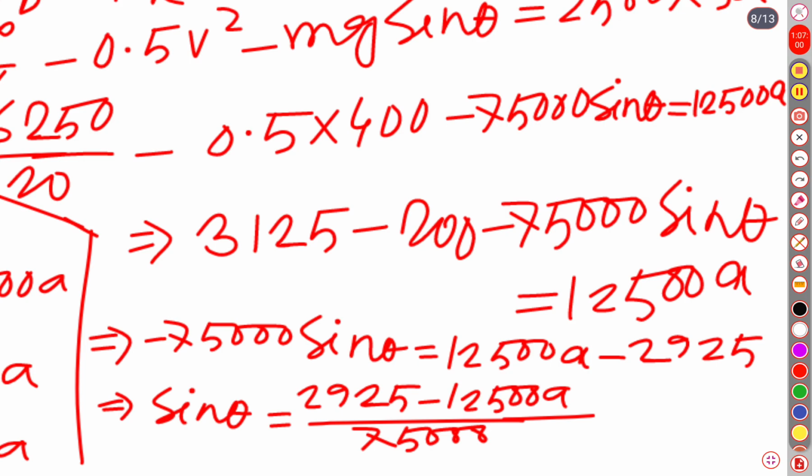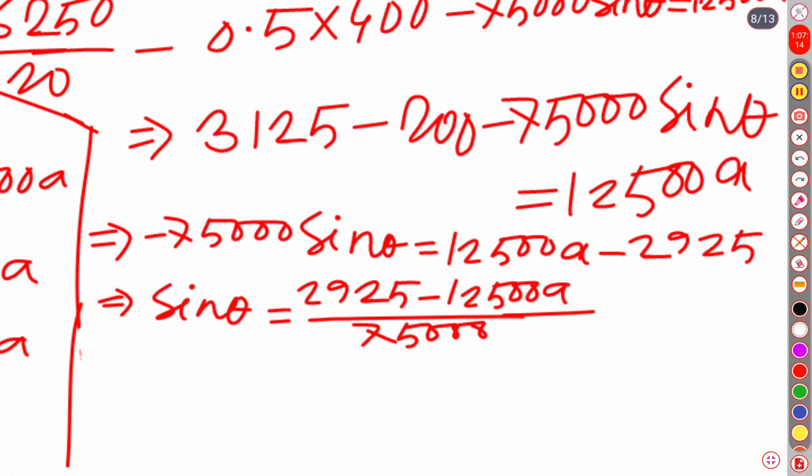Then I think each of the quantities is divisible by 25. We may form this as an equation. So sin theta is equal to, if every quantity is divided by 125, then it is going to be,